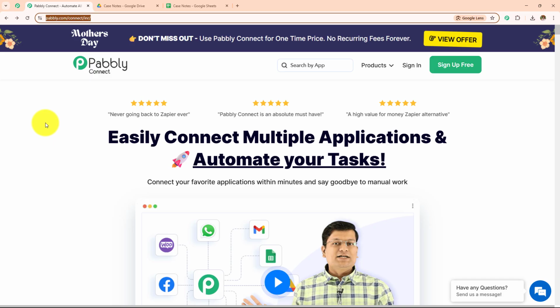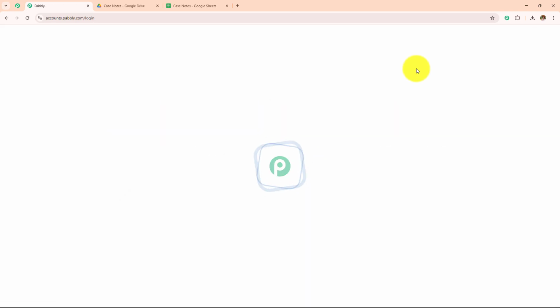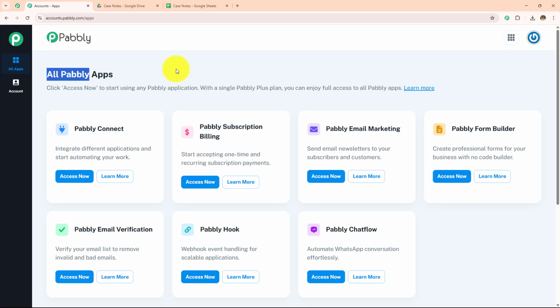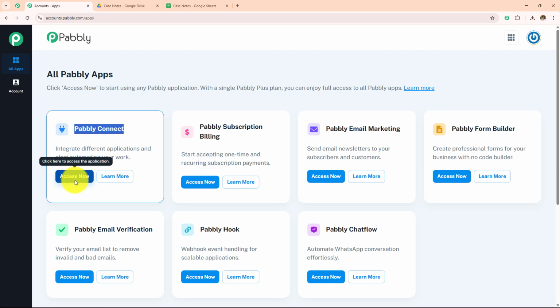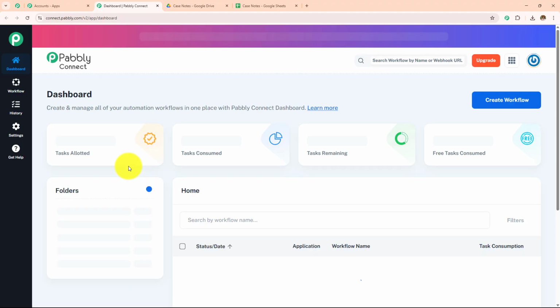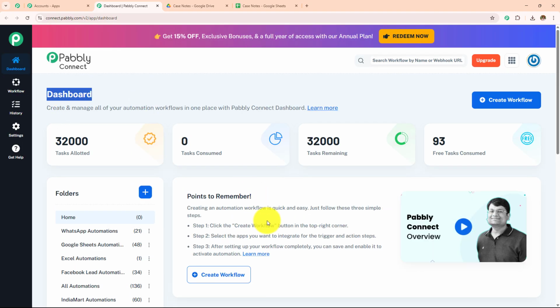Now after browsing this website, we need to sign in to a Pabbly account. On the top right corner, you can see two options: sign in and sign up for free. If you are an existing user, click on sign in, and if you are a new user, click on sign up for free. As I'm an existing user, I'll click on sign in, and here the all Pabbly apps page has appeared, which is showing me all the Pabbly applications. I'm going to click on this Pabbly Connect Access Now,